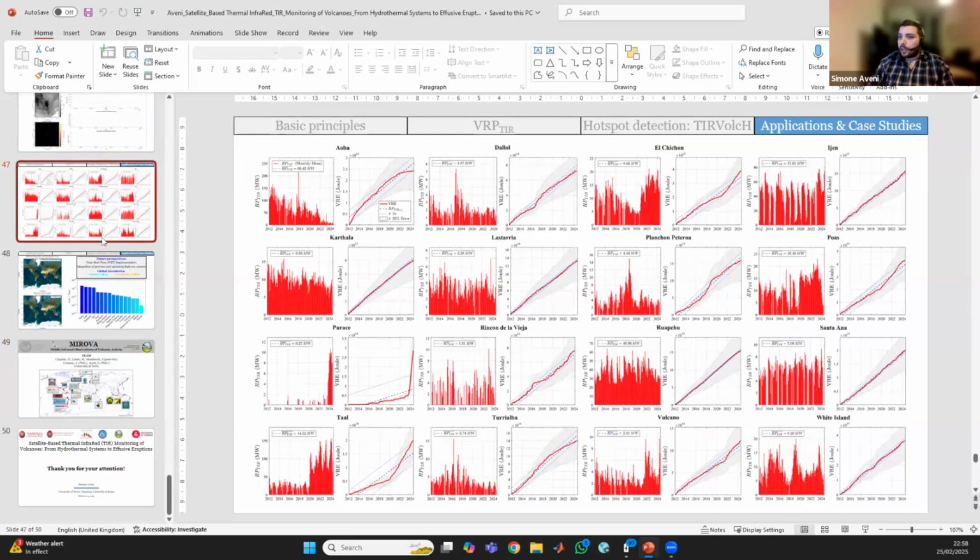I'm not sure if there were collaborations with Japanese institutions, but for sure we are more than happy to share information with Japanese institutions or with people and researchers that do work on Japanese volcanoes. So we do have Japanese targets in our database. So I think it just happened that it is not there in this presentation or in this case.